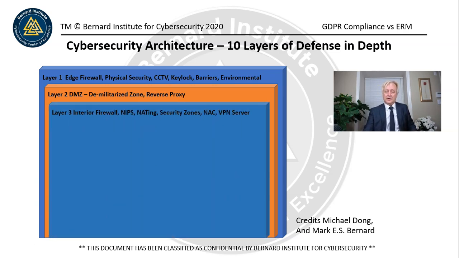And in here we have things set up like natting, which helps us to change the IP addresses. So if an external threat is trying to access a specific IP, guess what? We've changed it. It's like changing your postal code or your zip code. If you want to prevent someone from using your IP to attack you, natting is a good way to do that.